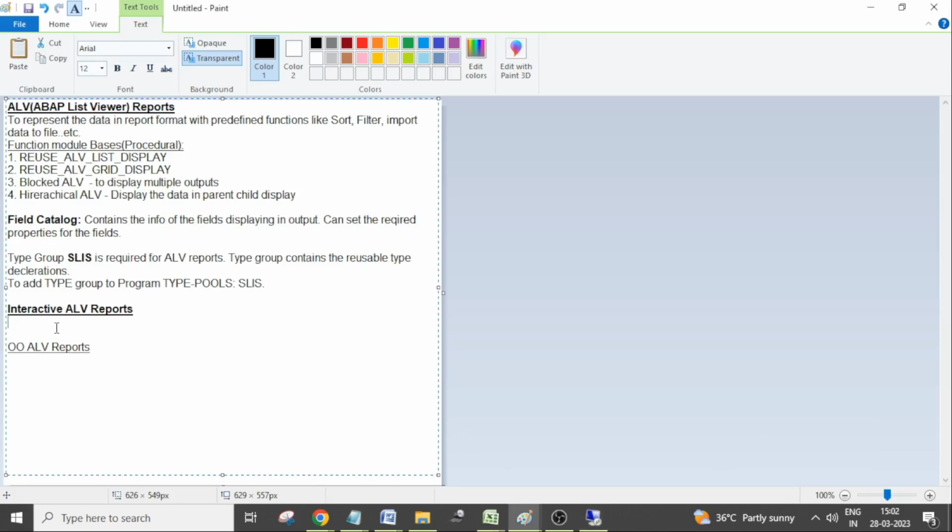Okay, so today we'll work on interactive ALV. In the previous session, we created an ALV using structure and using field catalog. By using field catalog, you can customize the output. You can change the column positions, you can change the header text, you can make one field a key field, or you can emphasize one field, you can make it a checkbox,